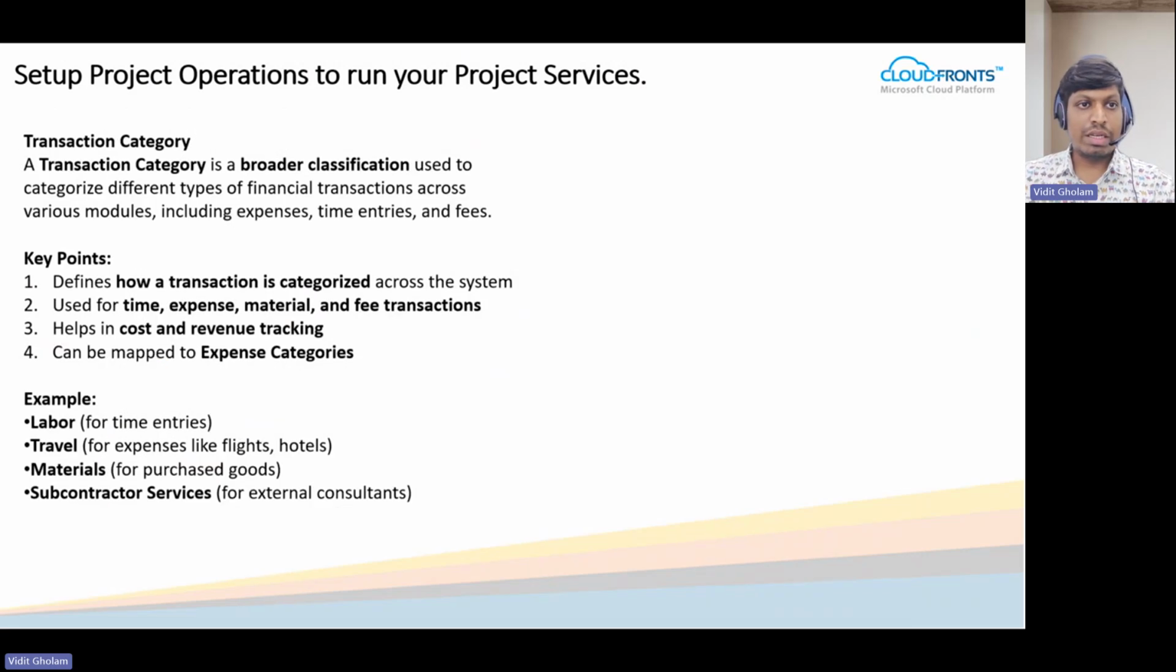The next is categories, or transaction categories per se. A transaction category is nothing but a classification of your transactions. So transactions meaning your time entries, your expense entries, your fees. Like the examples being shown on the presentation, you can have a transaction category named labor for your time entries, a transaction category, let's say travel, food,